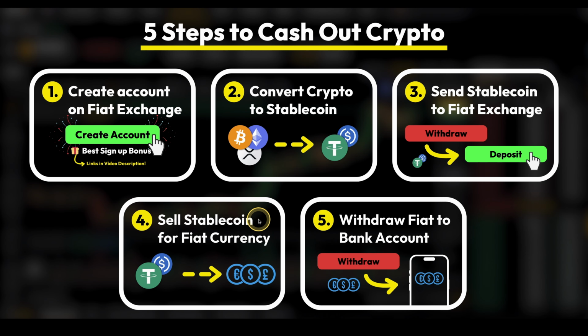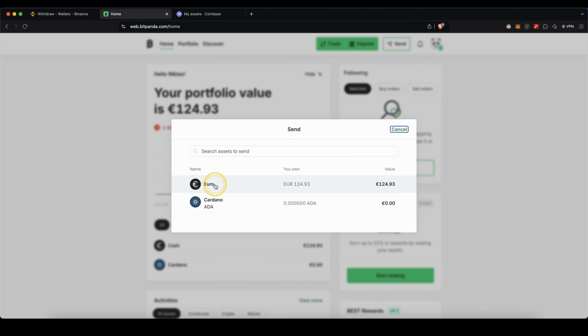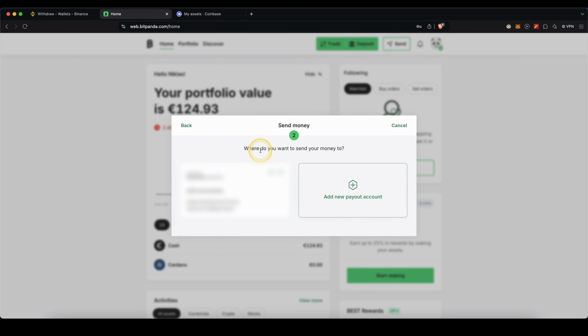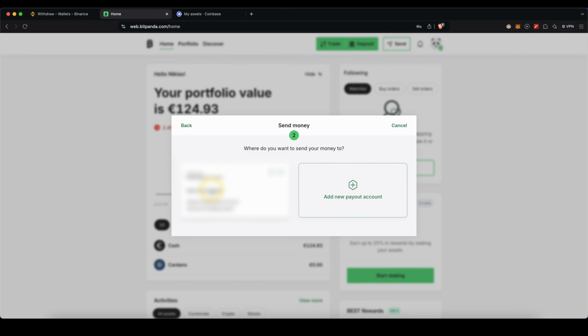All right, so let's move on to our last step, which is now to withdraw the fiat back to our bank account. On Bitpanda, just go up here and click on send, choose your euro, enter your password. In my case, I already added my bank account right here, but if you're doing this the first time, you need to click on add new payout account and then just enter all of your details from your own bank account, such as your recipient name, IBAN, BIC, and the bank name. Once you're done with that, you can simply select it,